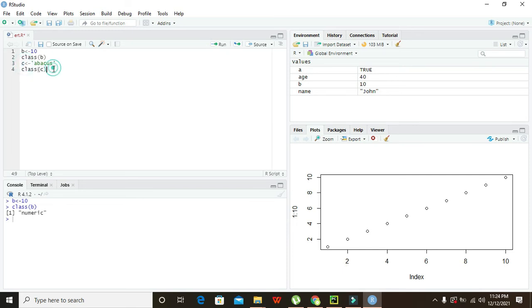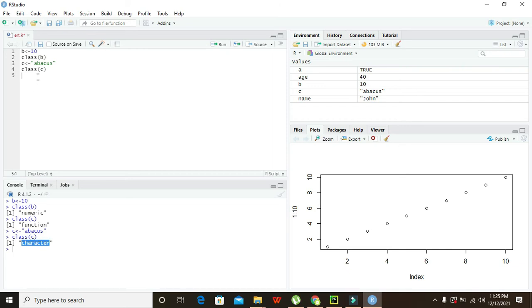In order to find this, we have written class of C, and when we run it, it says function. One more thing: for a character, double quotes are needed. So now it has shown us that it is of character data type.